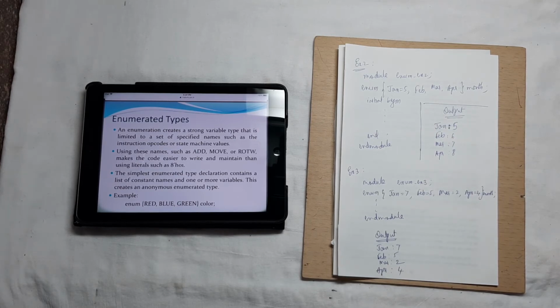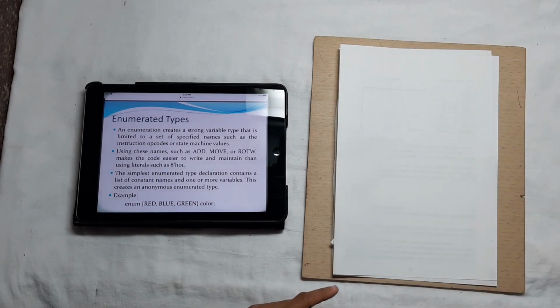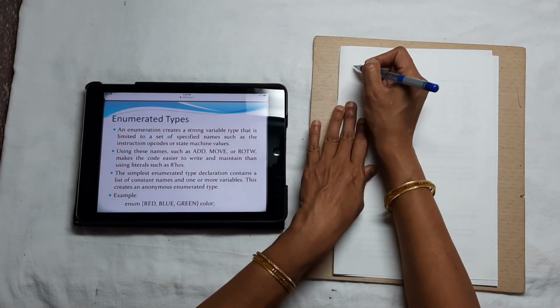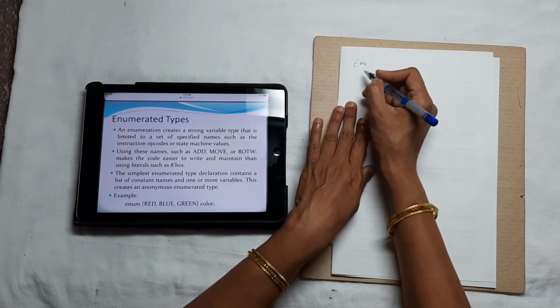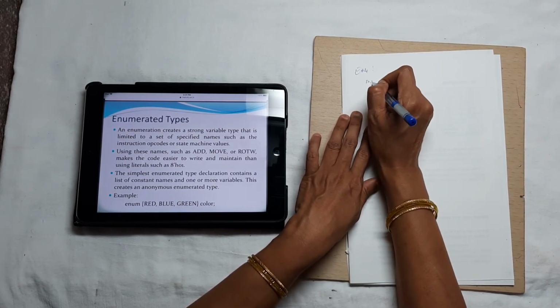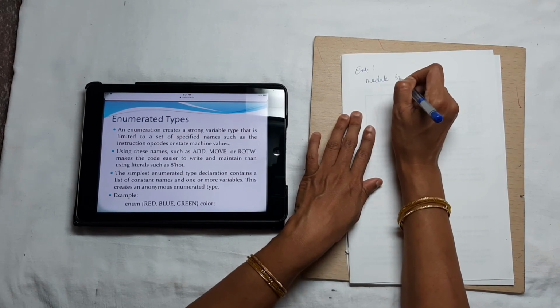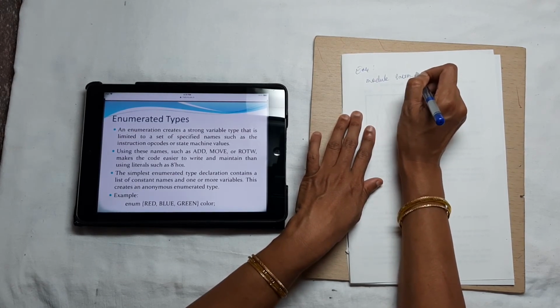Let us see a few more examples. Example 4, module enum ex4.